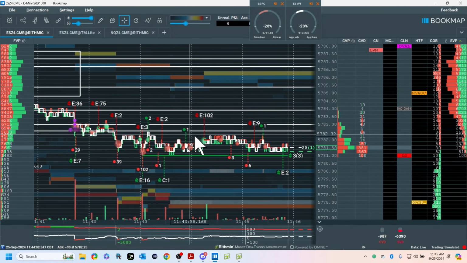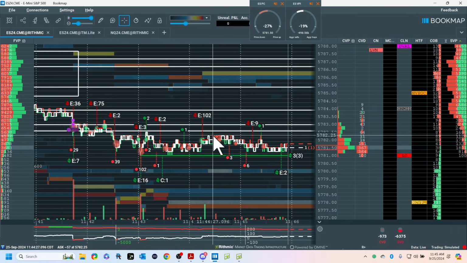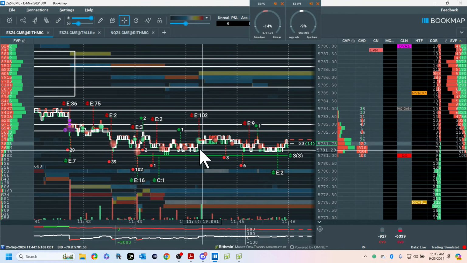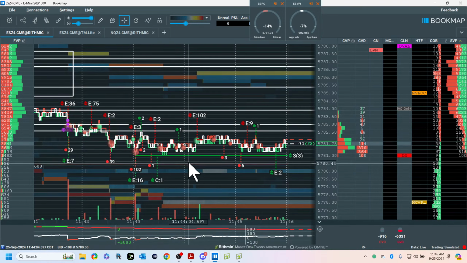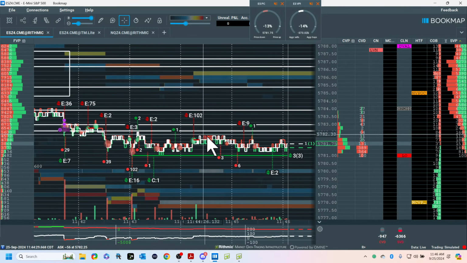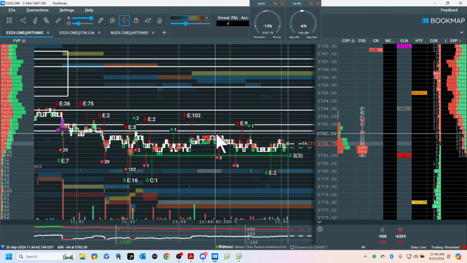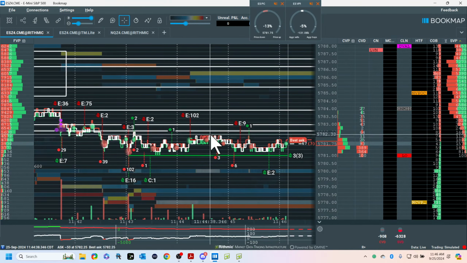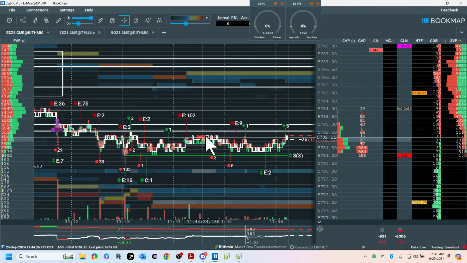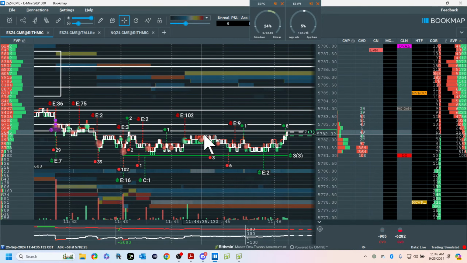Sellers are here. So you can kind of now see support and resistance in a micro, in a fractal. Buyers are here. That's why we didn't go down. Sellers are here. This is why we didn't go up. You've got support and resistance in a microstructure. Now, how do we use it? You can use it for trade management.